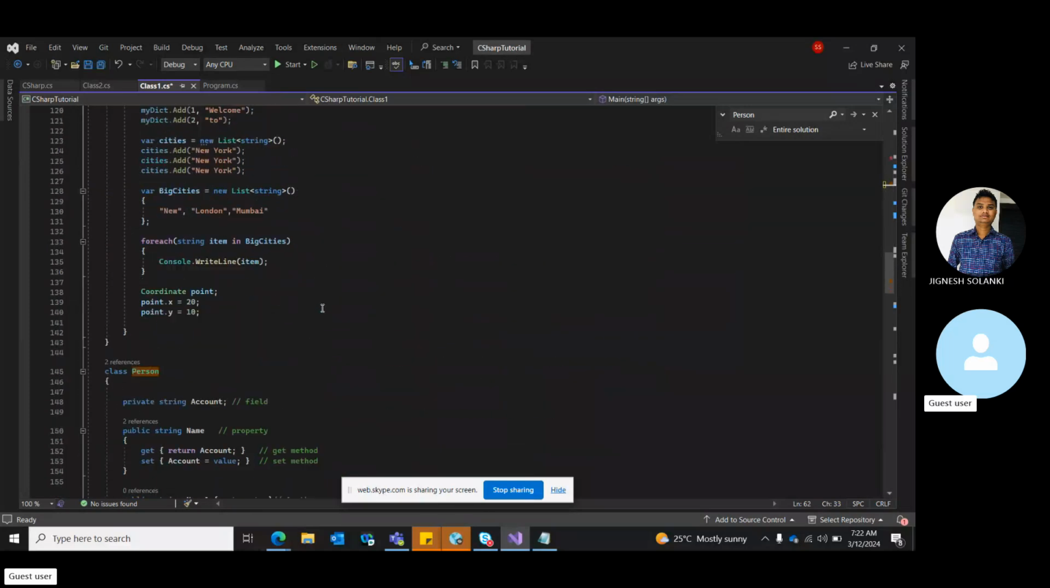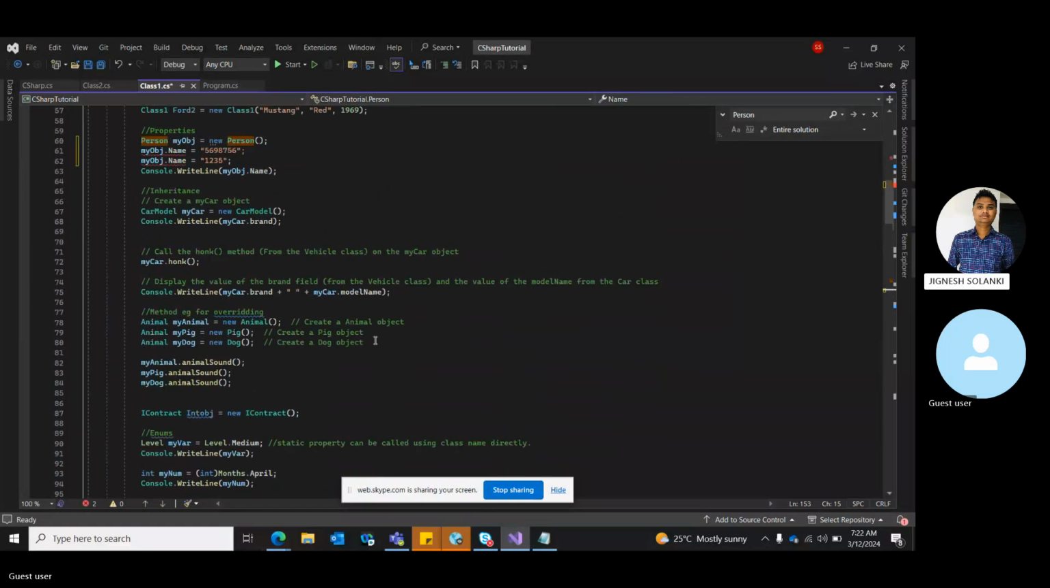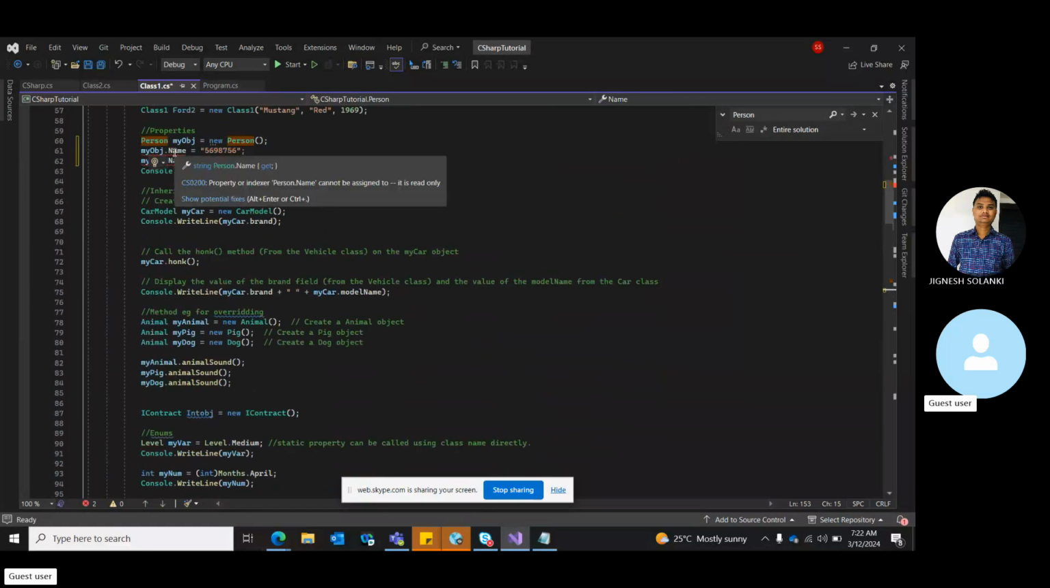If you are able to access a variable in C sharp, you will be able to stop it or write it. You can do anything, no? But with properties, you can do it. You have to comment this set. See, now it throws an error and says property or index person dot name cannot be assigned to. It is read only,